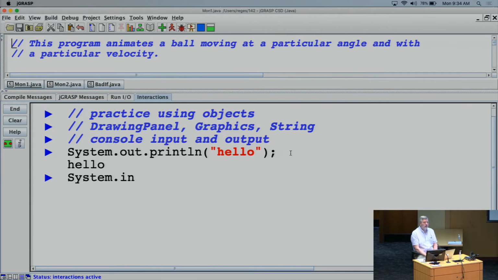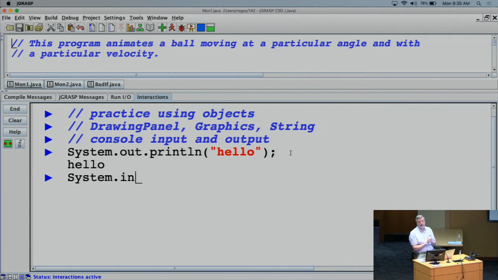System.in, by contrast, is just really hard to use. And there's a lot of cases where you have to worry about possible errors that it makes you deal with. It just was never something that was going to be very easy for novices to use. So those of us who were using Java in the early days when we were teaching Java,